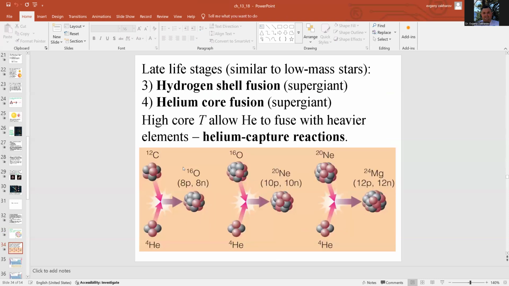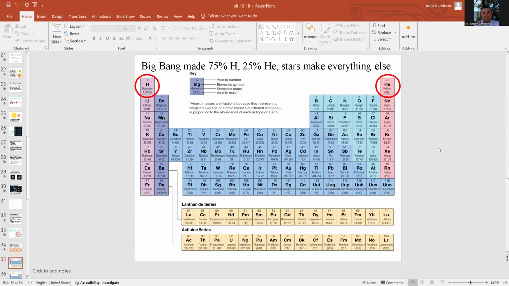And then after that, you can see how carbon can get in contact with helium at like 500 million degrees, and boom, you got oxygen. And oxygen plus helium, 16 plus 4, that's neon, that's number 20. And neon plus helium, that's 24, that's magnesium. And that would be already billions of degrees. So all of those helium capture reactions and then advanced nuclear burning,